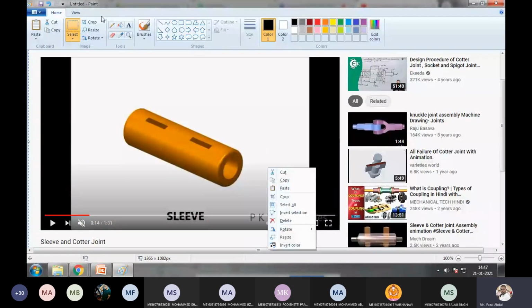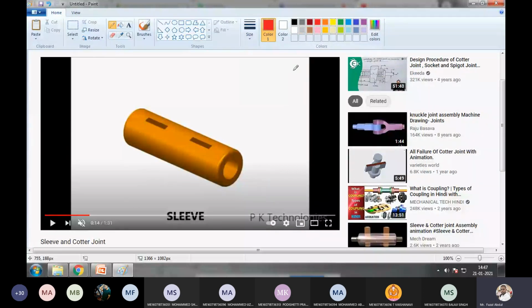Now see, this is the sleeve. The sleeve is going to fail at the weakest portion. Otherwise, the sleeve is going to fail in tension at the slot. That is the title, across the slot. So this is the slot. At this slot, the sleeve is going to fail. Only one side I am considering here. Why is it failing here? Because the tensile load is applied here.